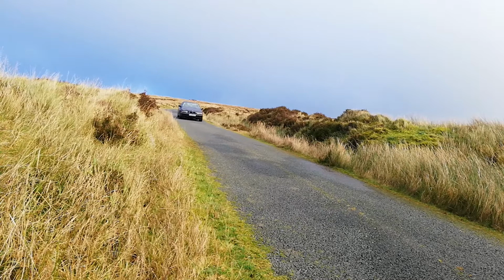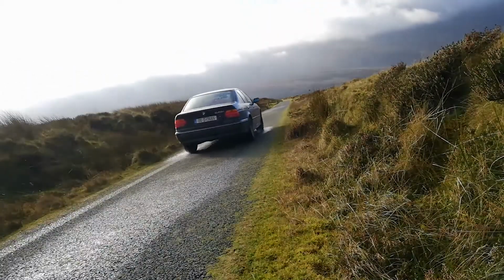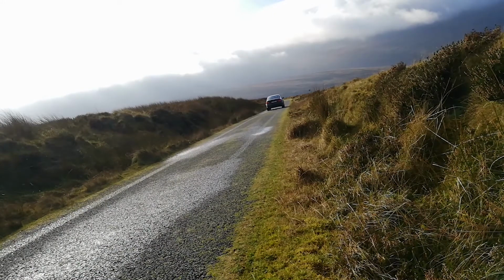You can probably hear my beautiful straight six singing. We're on an uphill, twisty section here, which means you have to stay in third gear, because this is a pre-facelift 520i, which means it has the smaller capacity engine. It's just under 2000cc. When they facelifted the car, it went up to nearer 2200. It's technically a 2.2 litre, which is something to bear in mind if you're owning one, because the annual road tax on this car is